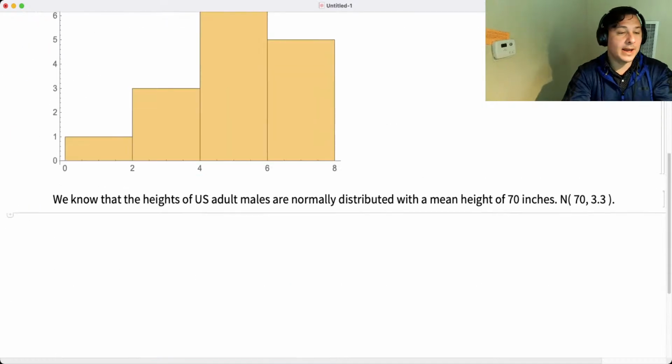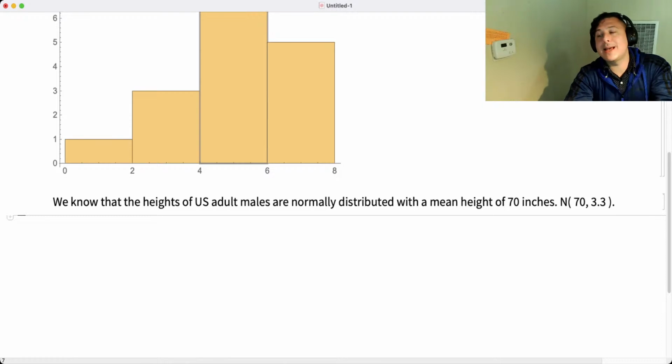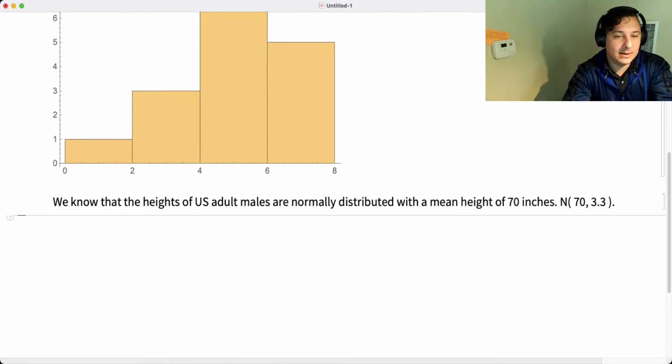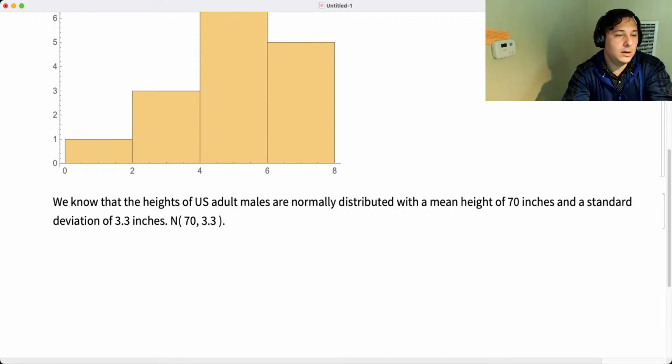Cool. Okay, so let's say that we know that the heights of US adult males are normally distributed with a mean height of 70 inches and a standard deviation of 3.3 inches. So let's say that you want to do some calculations now. You want to know